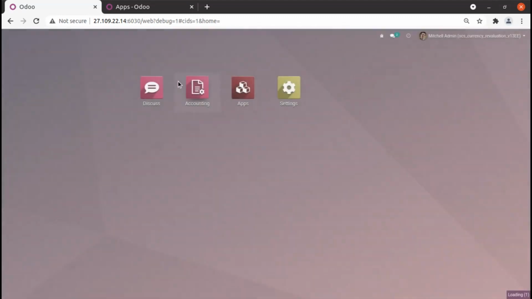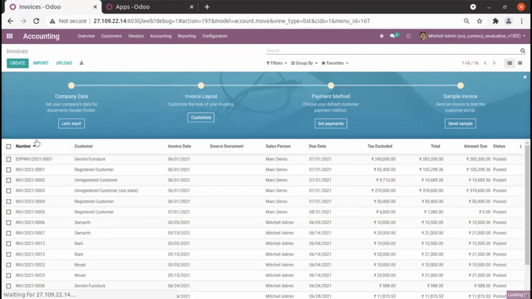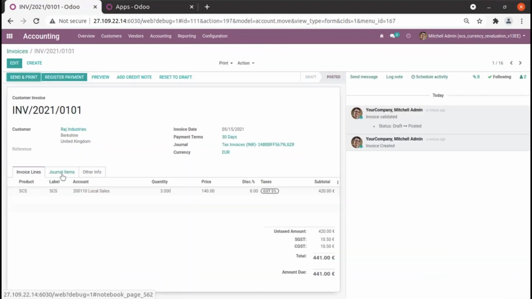Okay, so in our accounting, we are looking at our customer invoices. Here, this is Raj Industries 101 bill, and there are only three tabs in our invoicing line.